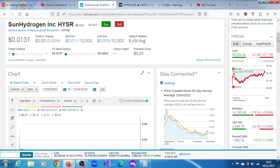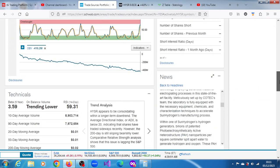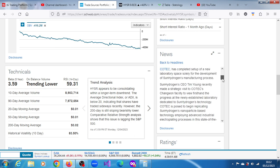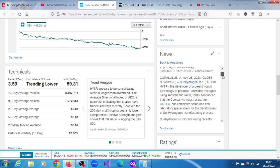SunHydrogen Inc. stock, HYSR stock. So the stock appears to be rebounding from the 52-week low of $0.0108. It printed on the 20th of November 2023. As things stand right now, it's underperforming the S&P 500. We also noticed that as of last week, the 28th of November, the company